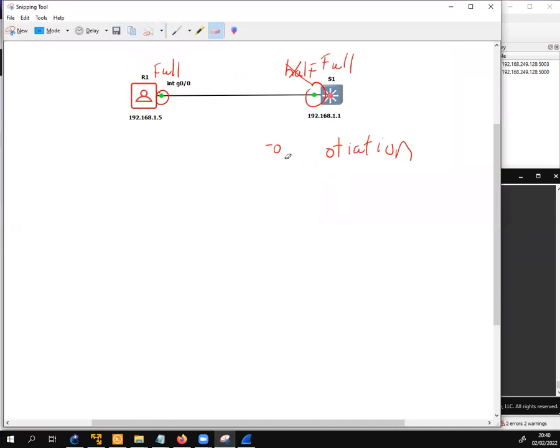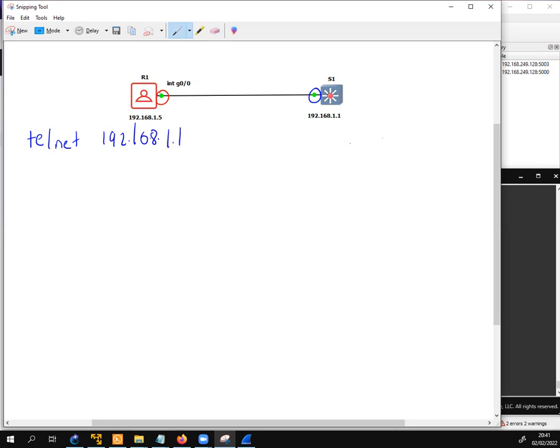So I'm connecting from my PC / router, from this guy here. I have a Telnet connection opened up to 192.168.1.1. So I'm on here and I've said Telnet. Okay, so the thing about Telnet is, as I'm typing commands in,